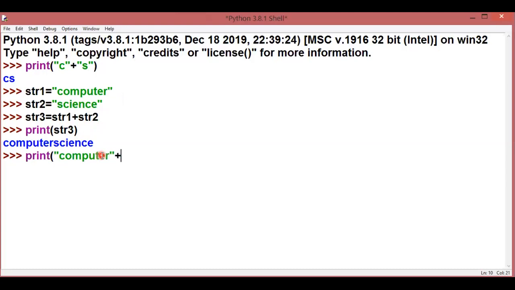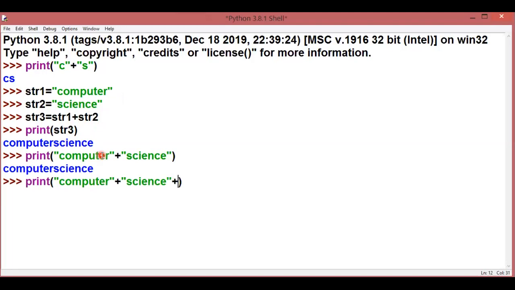Computer plus science, right? And as many strings as I want to concat, I can use. That means I can use the plus sign any number of times here. Computer science classes are going on, right?